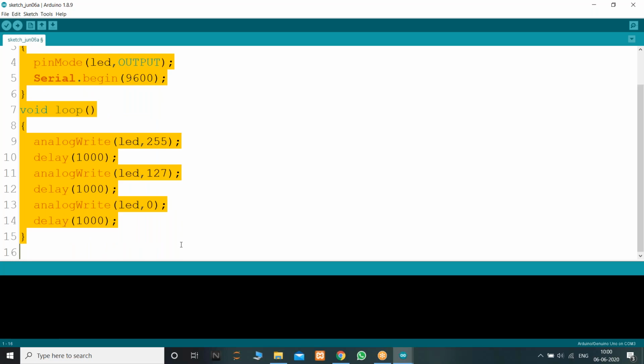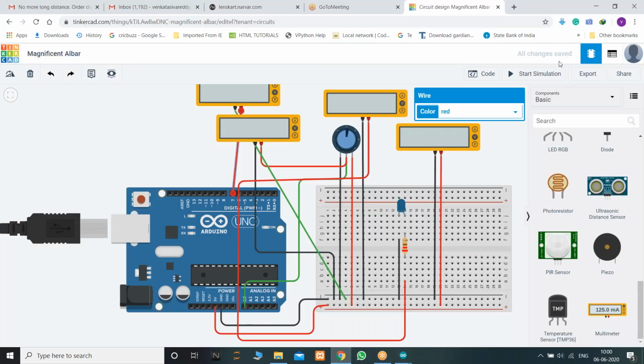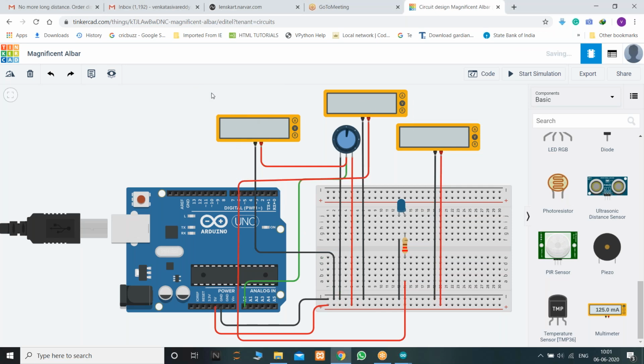So let us copy this. See here, this is the main supply, 5 volts, and this is the potentiometer output, and I don't want this. I want to display the LED values also, so I connected this one. I'll delete this one also. This is the main supply voltage, and this is the voltage that we are getting at the place of the LED.